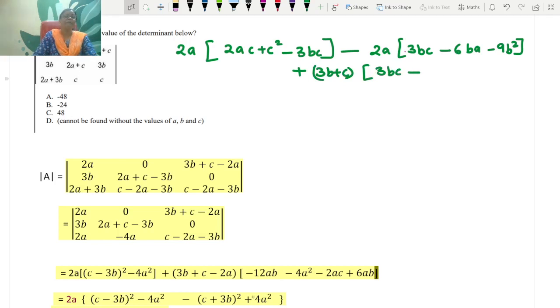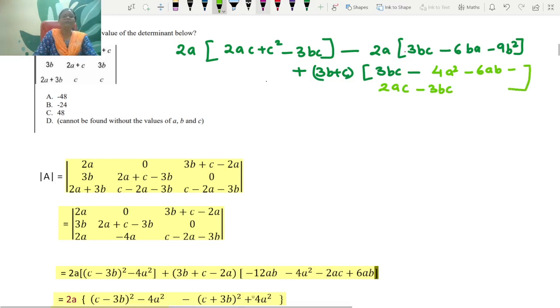minus, अब ये लेकिन binomial का multiplication है, जरा आराम से एक एक statement लेके आराम से करिएगा, थोड़ा सा time लगेगा, मैं साथ साथ कर रही इसलिए मैं लिख रही हूँ। It is -4a², -4a² -6ab, then with c से it will be -2ac -3bc, ठीक है। तो ये है, अब इसमें calculation simplification, तो एक simplification ये दिख रहा है कि मैं 2a